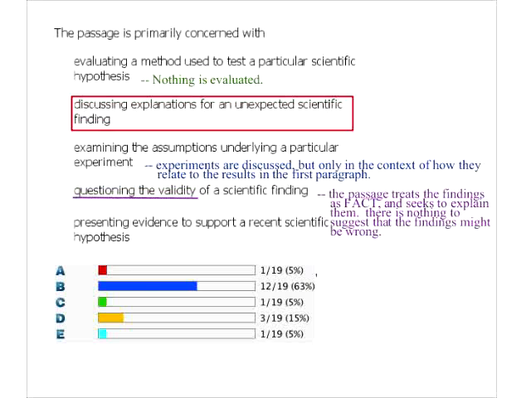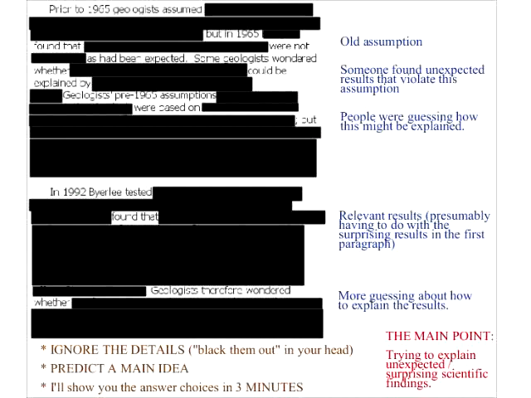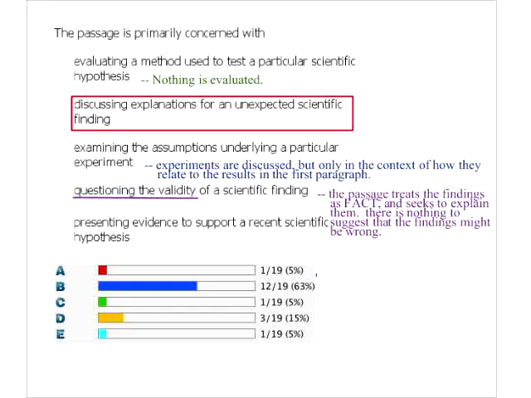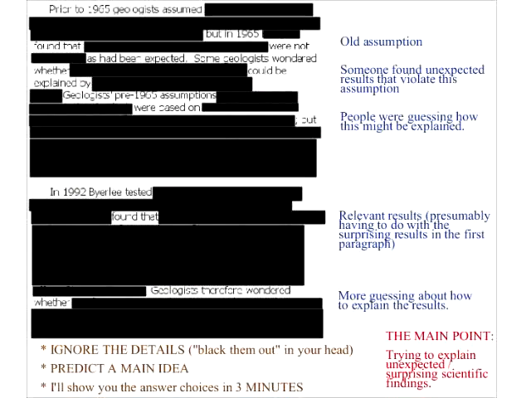And then presenting evidence to support hypotheses, not really. If you look at this, they end the passage with, they wondered this and they wondered that. So a recent hypothesis is what they close the passage with. Recent scientific hypothesis. First of all, this would be a very bad main idea because it doesn't even happen until way down here. You will not have a main idea that starts 4 lines from the bottom of the passage. So if that's what you have, you ought to think twice about that.